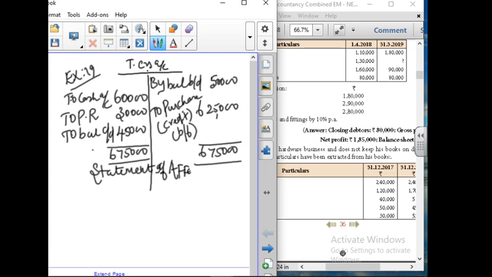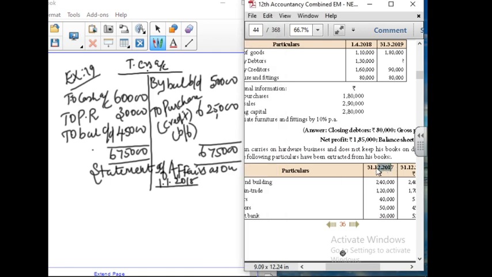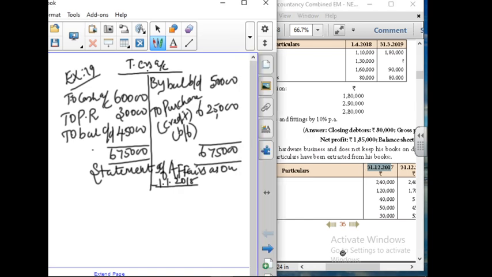side. So, statement of affairs as on, it is an opening, so 1/1/2018. Why it is 1/1/2018 means, just looking here, there they have given 31/12. It's nothing but the hidden information. Sorry, this information is for the next year, that is 1/1/2018. So we have to change the date and then write it here.